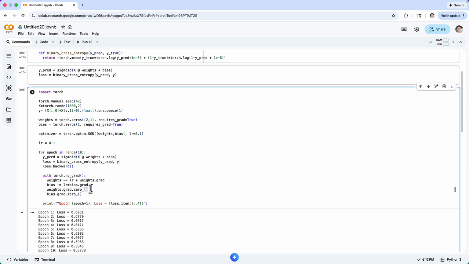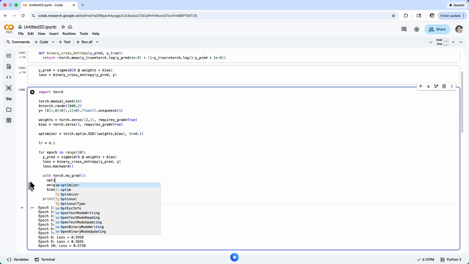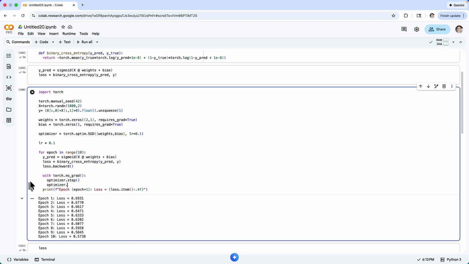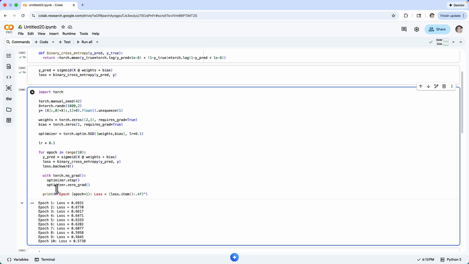Now you might see that the optimizer is really cool because I don't have to do all of these manual steps here. I can just say optimizer step, and it will do what you just saw here. And then I have to say optimizer zero grad, and it will take care of the gradients. So let's see if this changes anything. It doesn't. It's the exact same outcome,